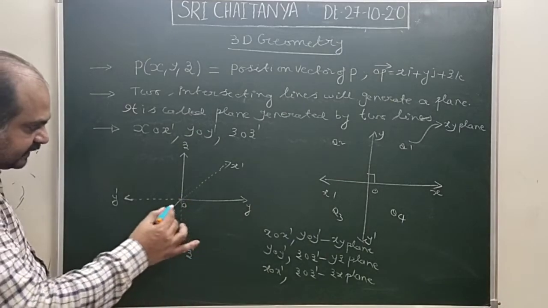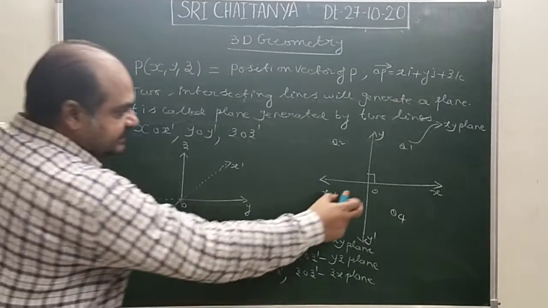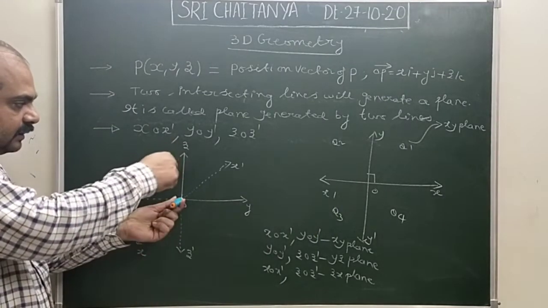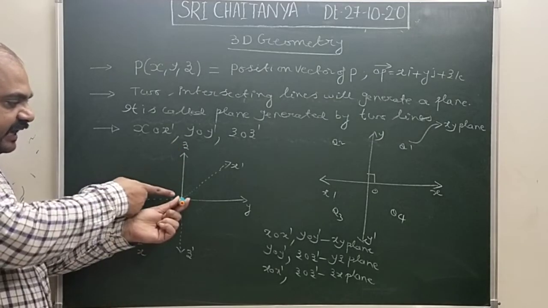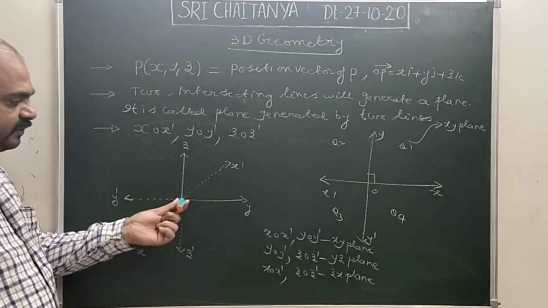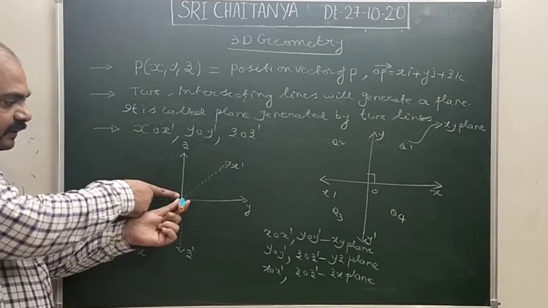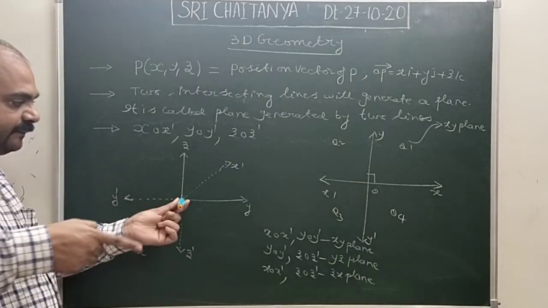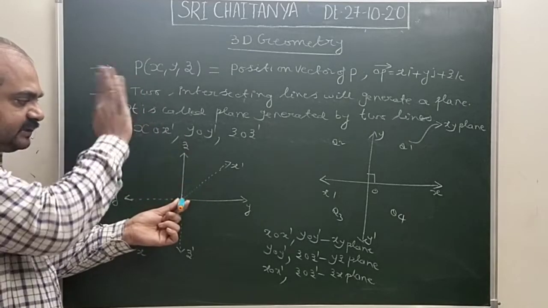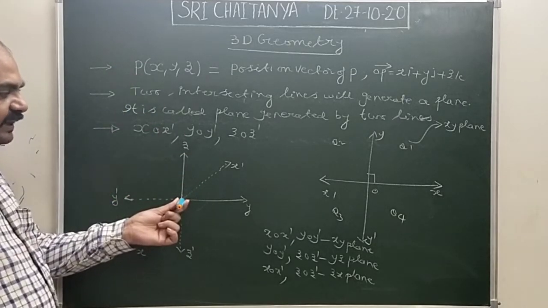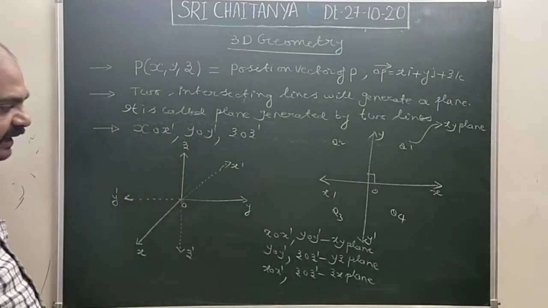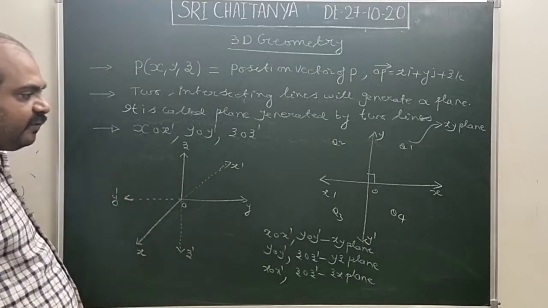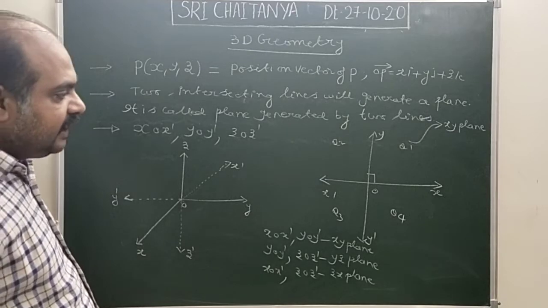Now look at this. XOX', YOY', that means the XY plane, you assume as your plane of paper. Now the ZOZ' axis will be like this. At the origin, you keep your pen vertical. So this is OZ, towards your face direction. And to the other side of the paper, opposite to your face, OZ' will be there. This ZOZ' will not lie on your paper. Only the XY plane, XOX', YOY', will be on your paper.